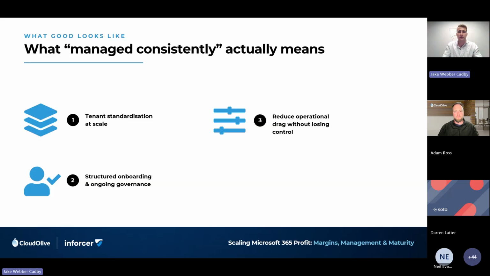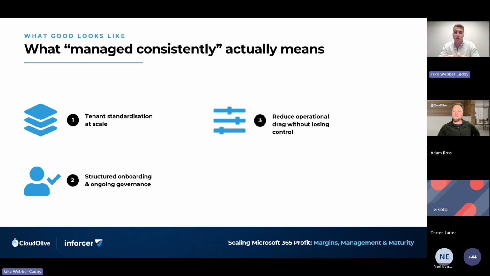And what does managed consistently actually mean? Well, it's tenant standardization at scale. And when I say tenant standardization, that is making sure that every single one of your environments has at least 90% of the configurations matching across the board.